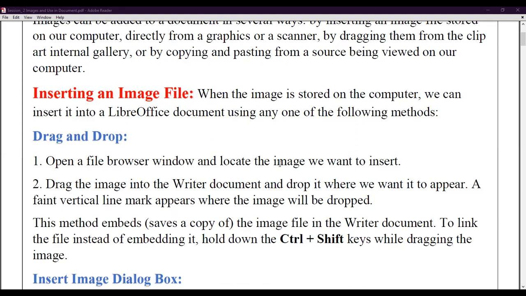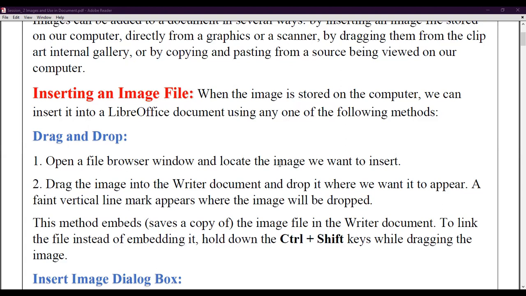When the image is stored on the computer, we can insert it into a LibreOffice document using any one of the following methods. We will understand several methods and you can choose accordingly. The very first method is drag and drop. Open a file browser window and locate the image we want to insert. First, you have to open a file browser window, which opens a dialog box from which you can select an image.